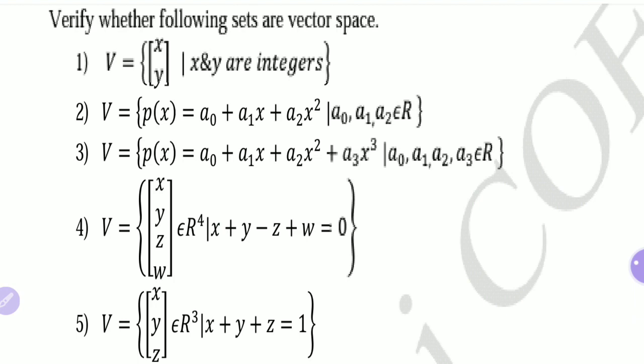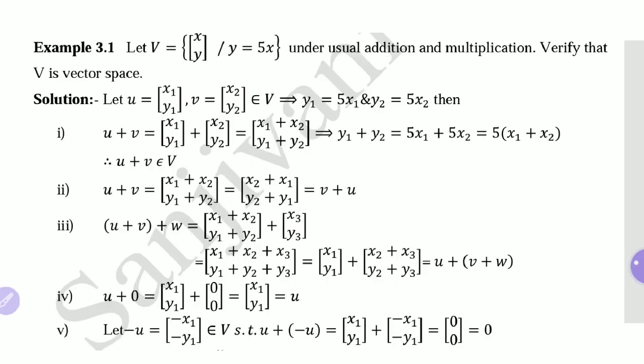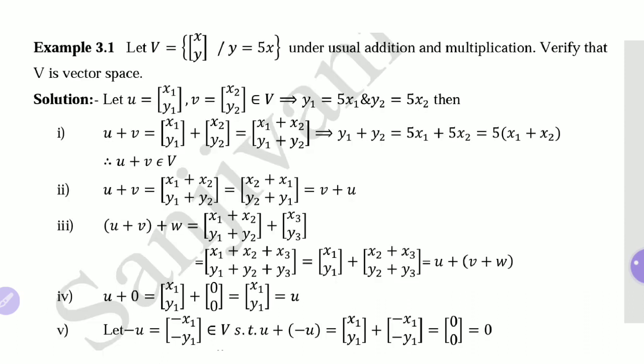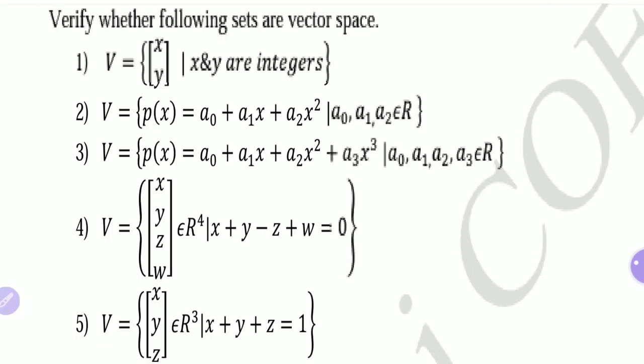As we have solved in the first example, here we have verified all the 10 properties. You write them systematically and try to apply all these 10 properties depending upon the elements of the set V. If it is a column vector, you take the members as column vectors, and if the examples have polynomials, you change the members accordingly to polynomials. So consider 2 polynomials and add them, check whether it satisfies associativity or not, and if some property fails, then we can claim that it is not a vector space.